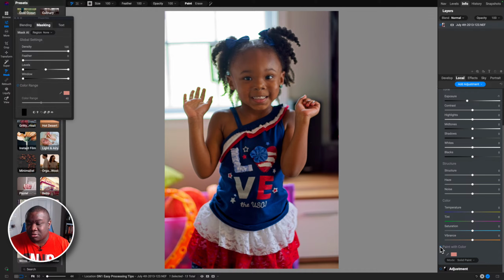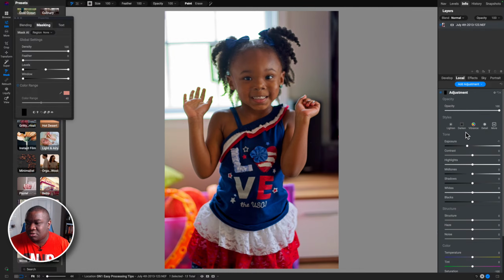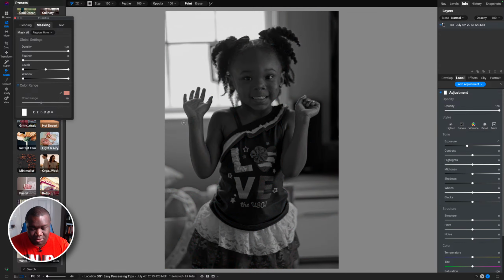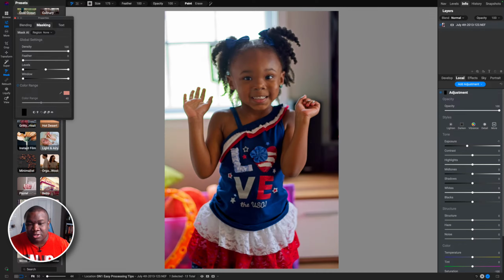Or, better yet, I would probably just desaturate the entire image and invert this so the entire image gets that desaturation, because I think this is what he's talking about. Again, correct me if I'm wrong on this, Tony. You desaturate the entire adjustment, you invert it so it's over the entire image, and then what you do is, or maybe I don't need to invert it. I could just paint it in